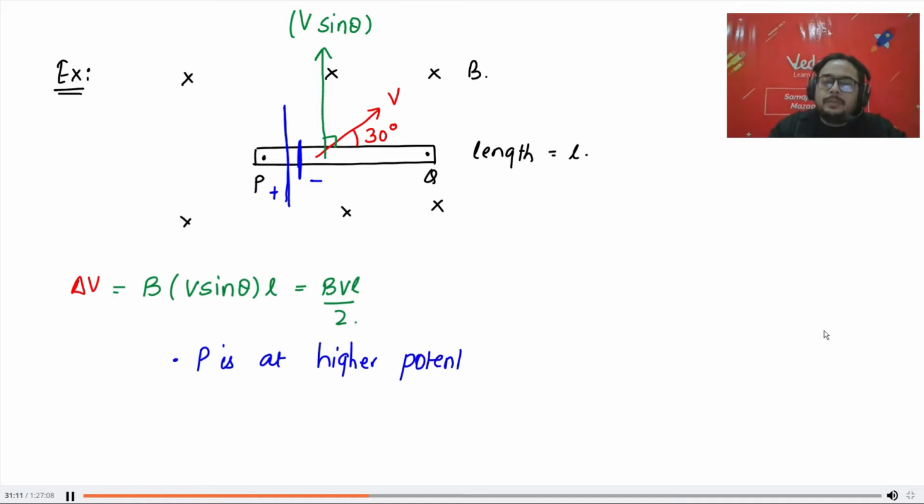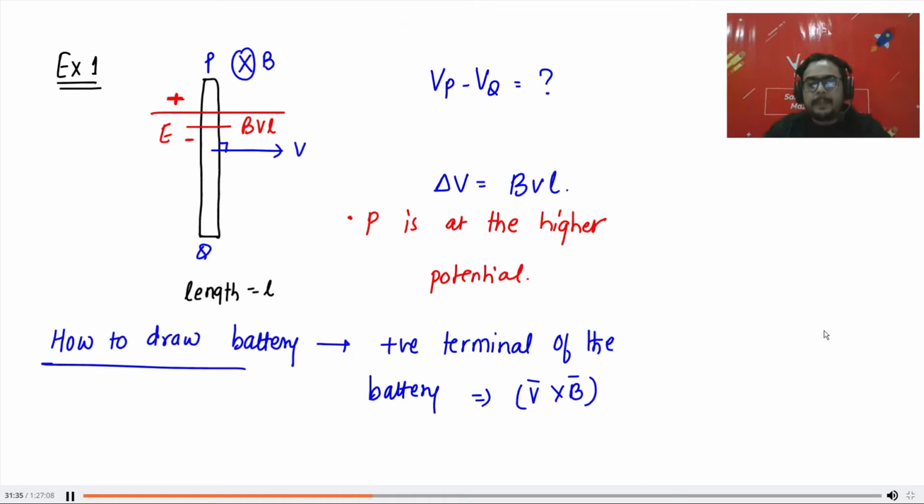Now, all those people who have any doubt, ask your doubts. If anyone has any doubt, ask it now. Yeah, beta. Yeah, Samanvita. Which velocity you are using in the formula? Use that velocity. Beta, direction of length is nothing. Magnetic field and velocity should be perpendicular to length. Just remember that. Magnetic field and velocity should be perpendicular to length. Okay.